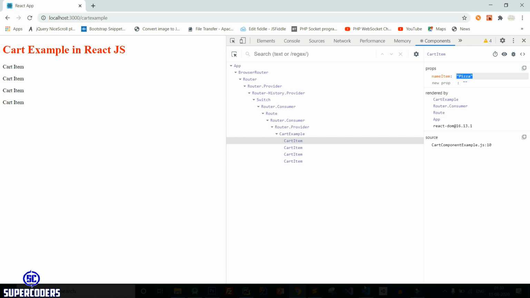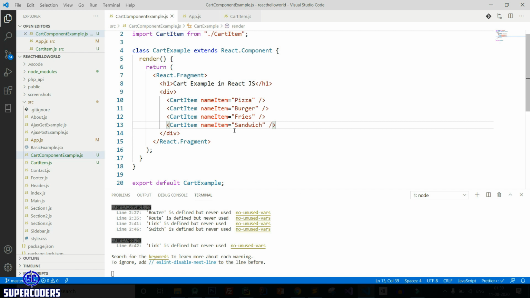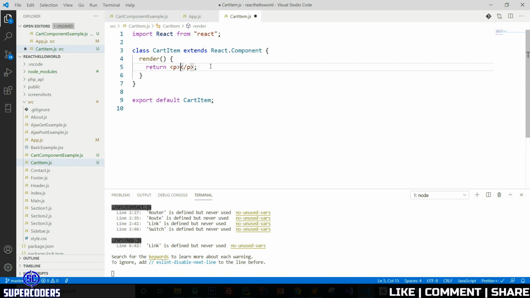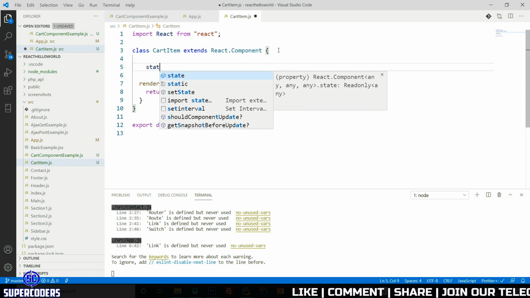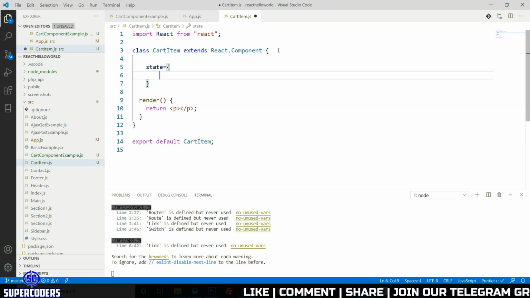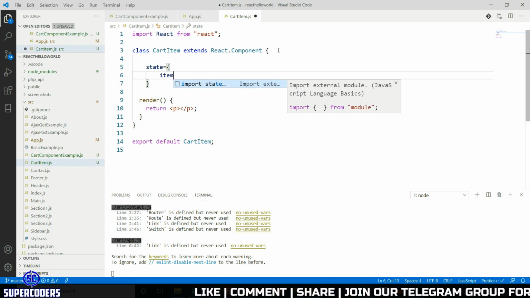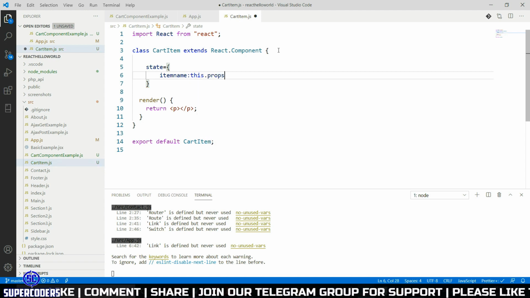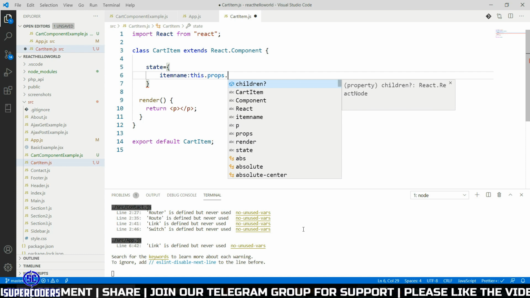So back to VS Code. Now let's access this data in our child template. So come here again, then remove this, then adding state equal to item name this.props, let's see the key.